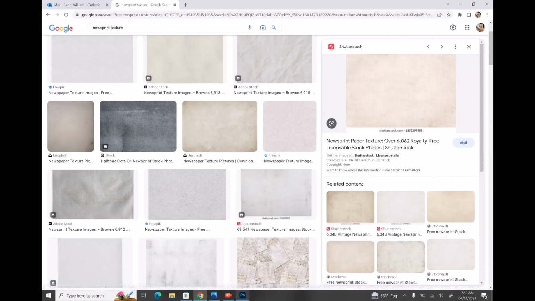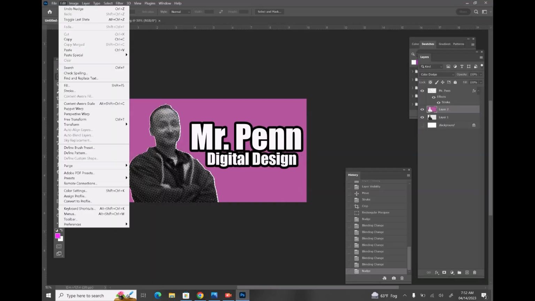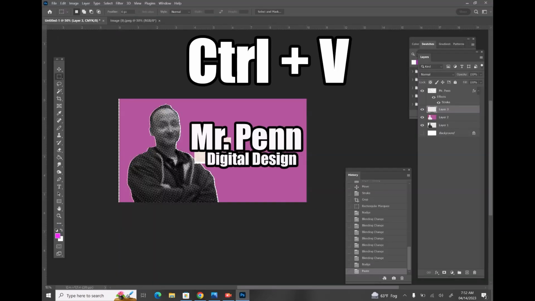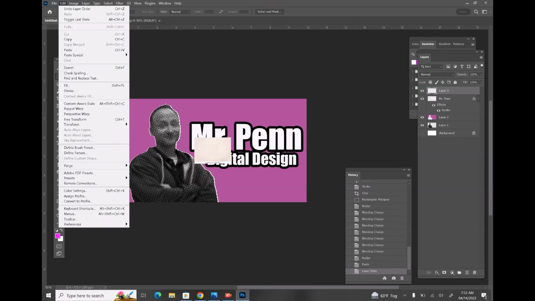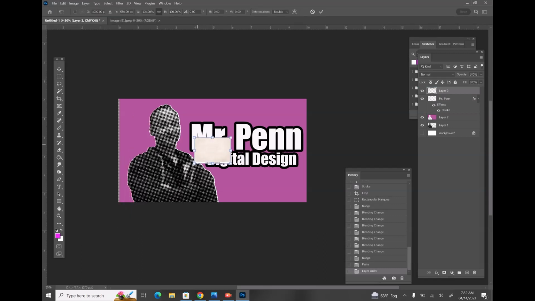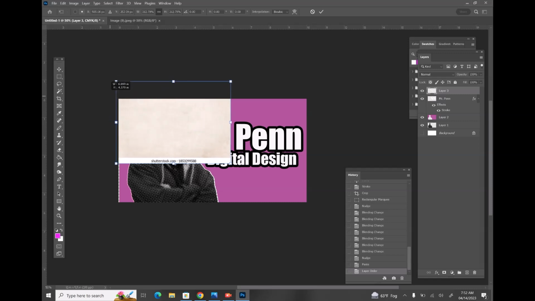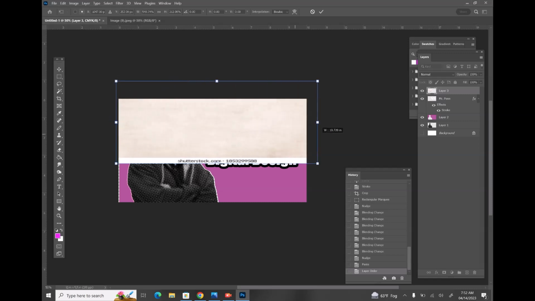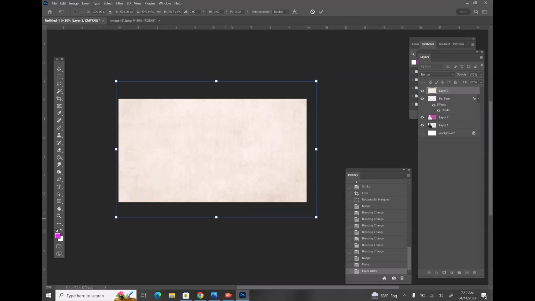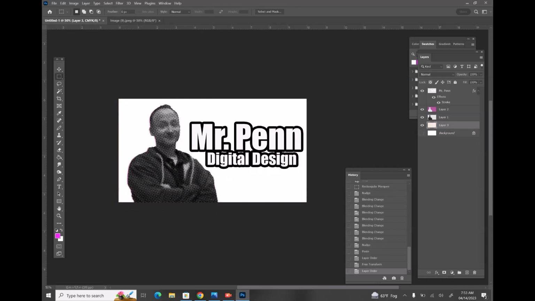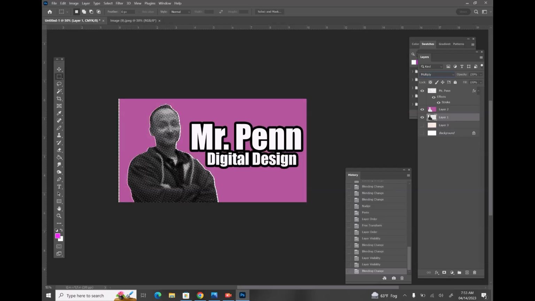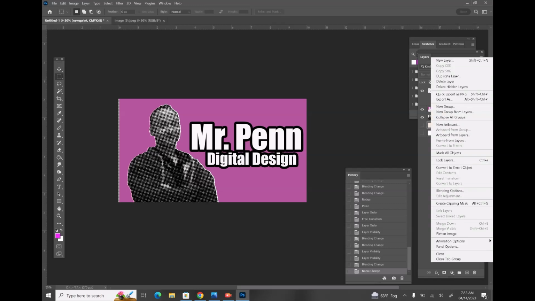Edit, copy, edit, paste. Whoa, that was tiny. If I move this up top here, and I go to scale, and I hold down shift, I can make it as big as I need to. I'm going to drag this one down to the bottom. What I'm going to do now is make sure my newsprint layer is turned off. I'm going to come up here